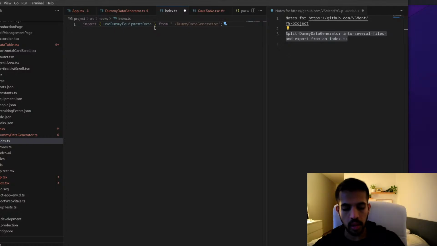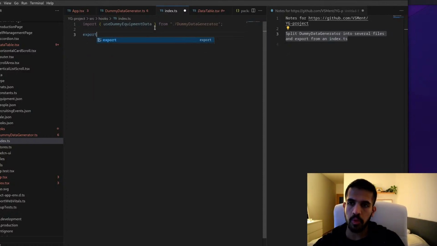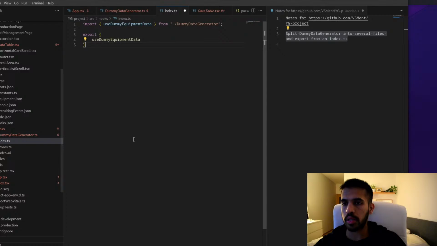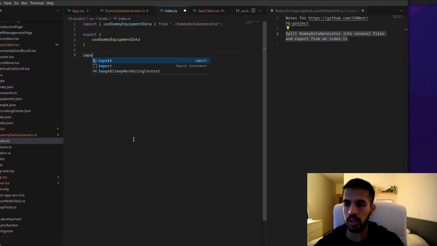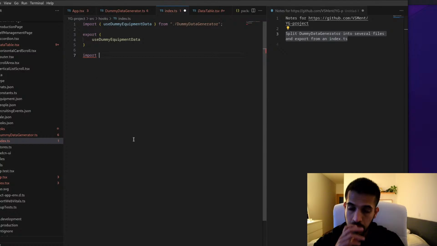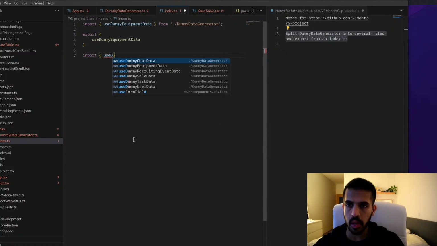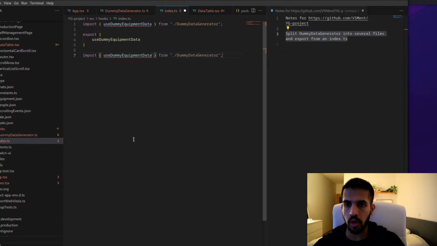Right, and then you would export use dummy equipment data, and now in a different file you can just import use dummy equipment data from, and instead of importing it from the file, you can just import it from hooks, right?